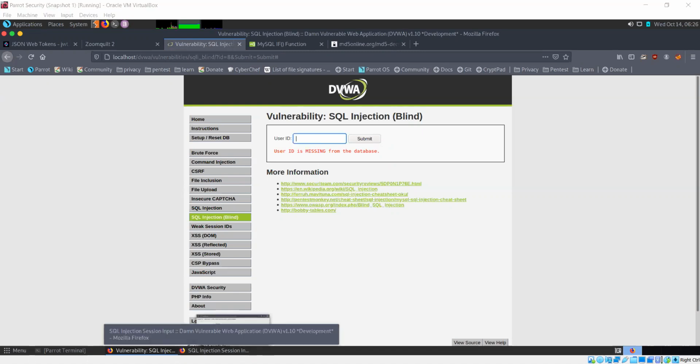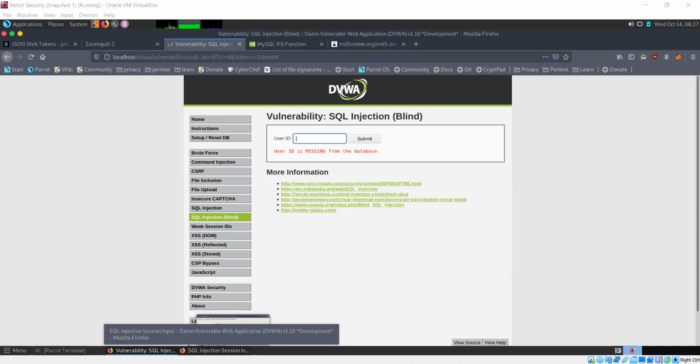Now, blind SQL injection works differently than the previous kind of SQL injection that we have seen. It does not show you any error message, and it's not going to show you any results directly, but you can gain information about the database through blind SQL injection.